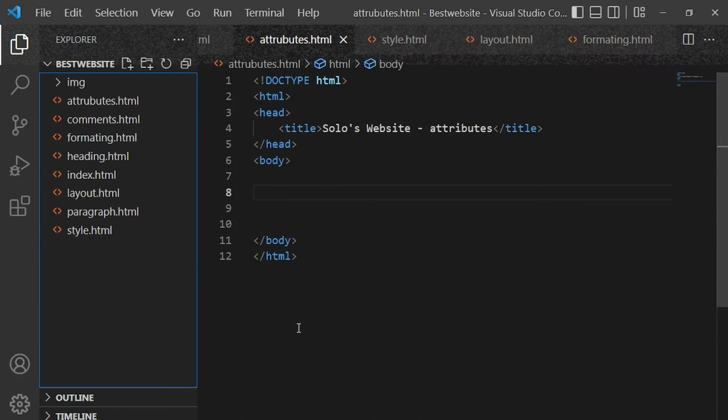In this video we're going to talk about HTML attributes. Okay, so let's go ahead and see what an attribute is in HTML. An attribute is just a tag we use to provide additional information, additional data,